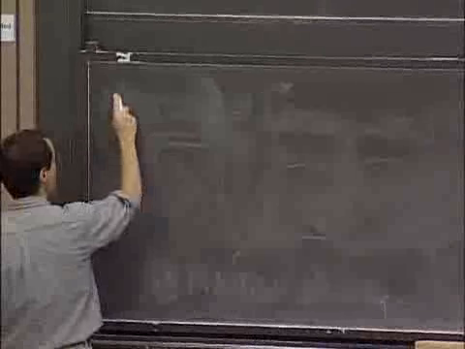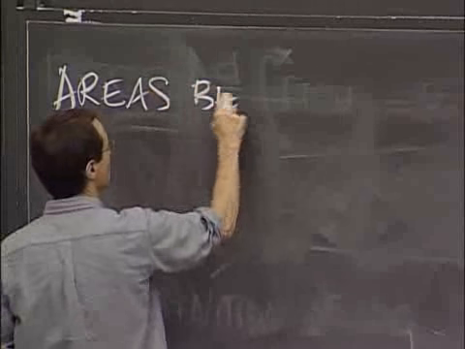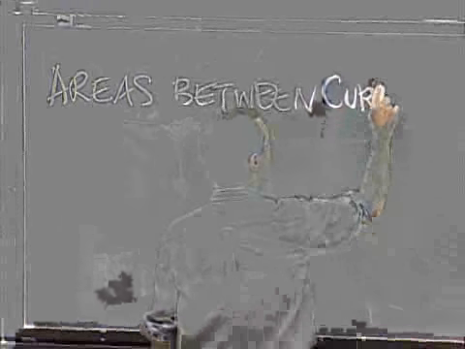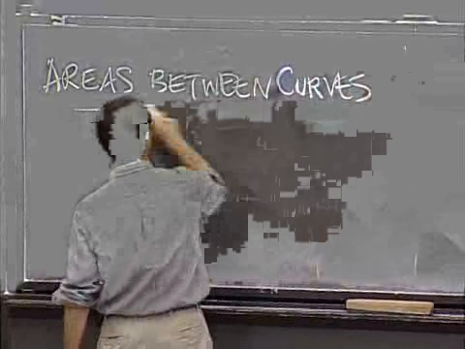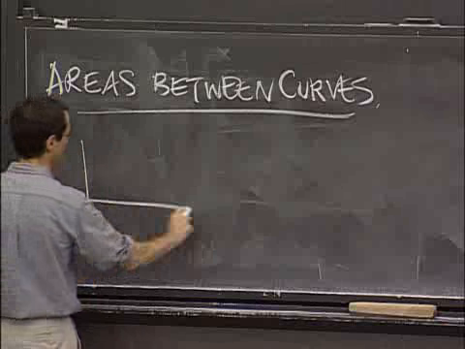And the first topic is just areas between curves. Here's the idea. If you have a couple of curves that look like this and maybe like this, and you want to start at a place A and you want to end at a place B,